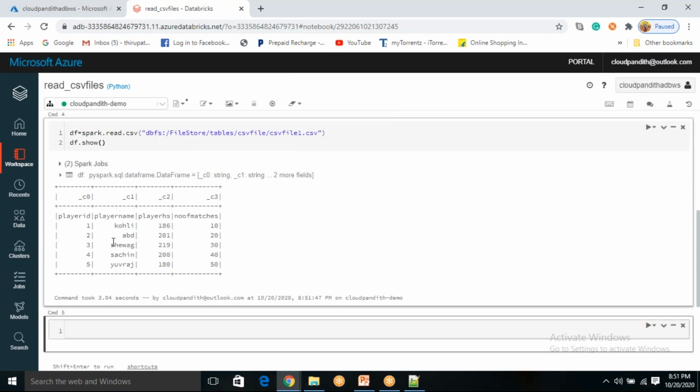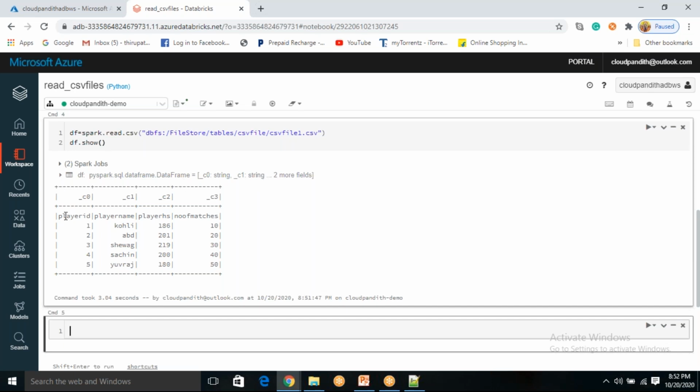See what has happened. We learned three things. There are three important points. One is headers will go into data because header equal to false by default. Second point is by default the delimiter is comma.